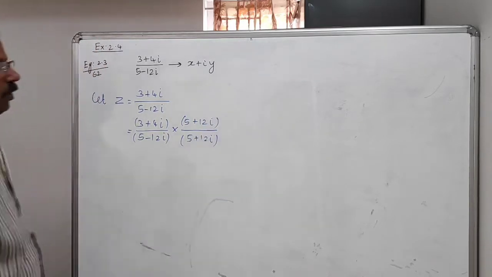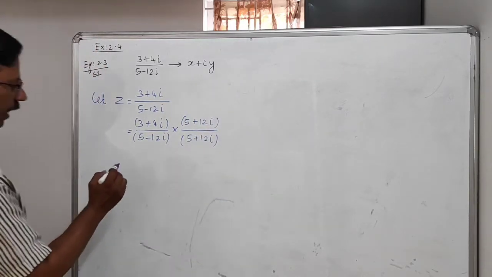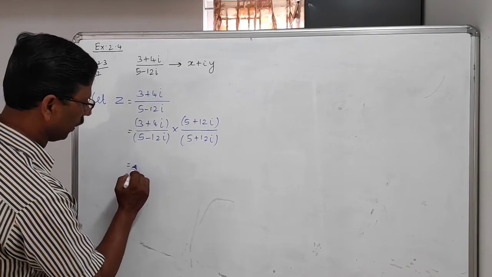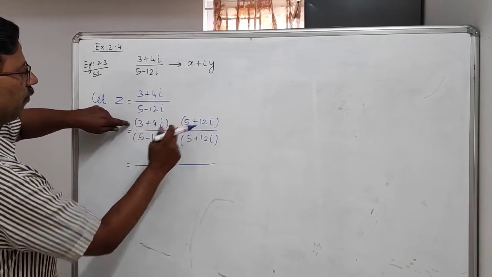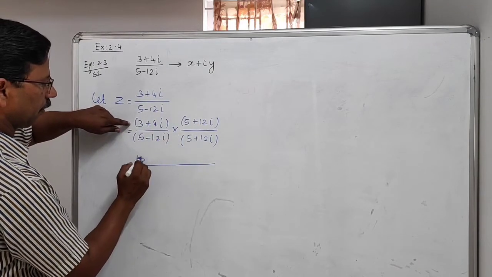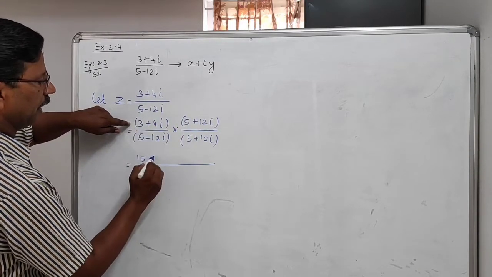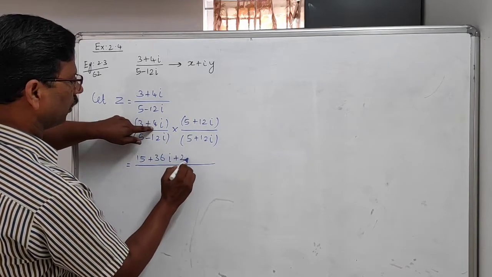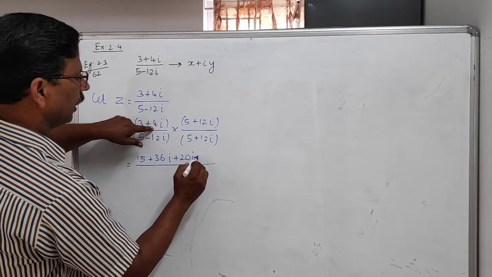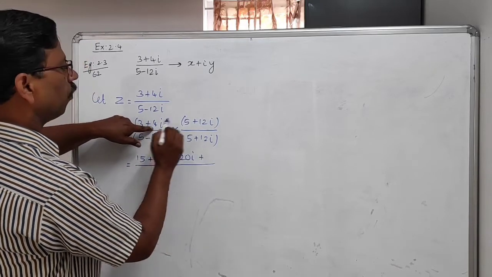Now you can multiply the numerator by the usual method. 3 5s are 15, then plus 3 12s are 36i, then plus 4 5s are 20i, then plus 4 12s